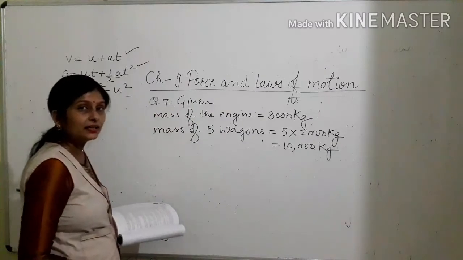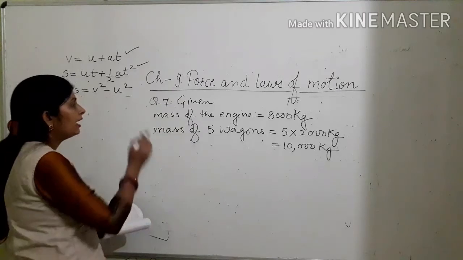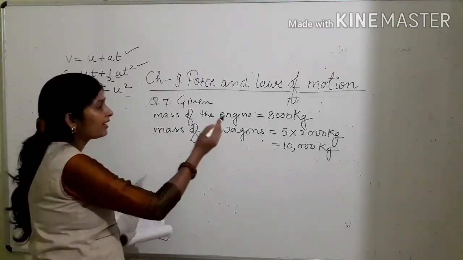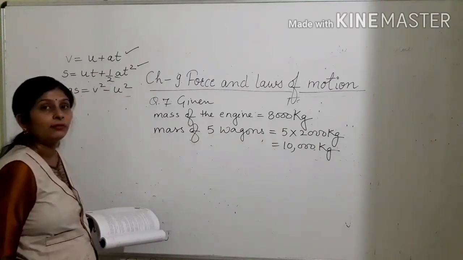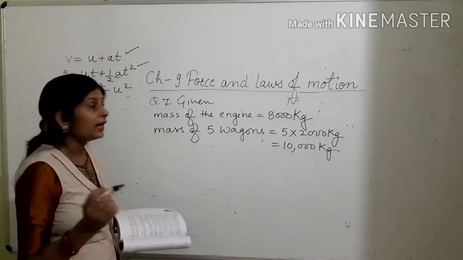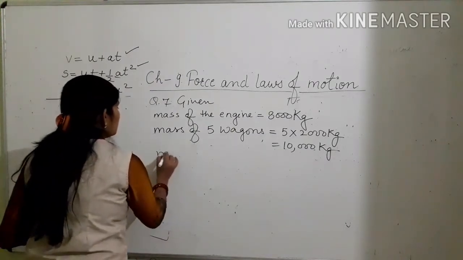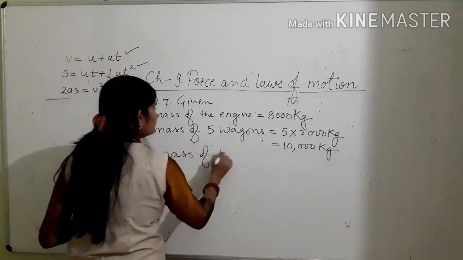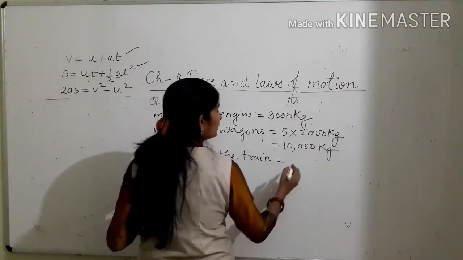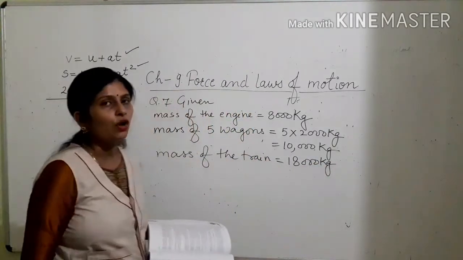Now it is clearly understood that if the mass of the engine is 8,000 kilogram and at the back of this engine there are 5 wagons having a mass of 10,000 kilogram, then the total mass of the train, which is made up of this engine and 5 wagons, is 8,000 plus 10,000 kilogram, that is 18,000 kilogram. Because we all know that